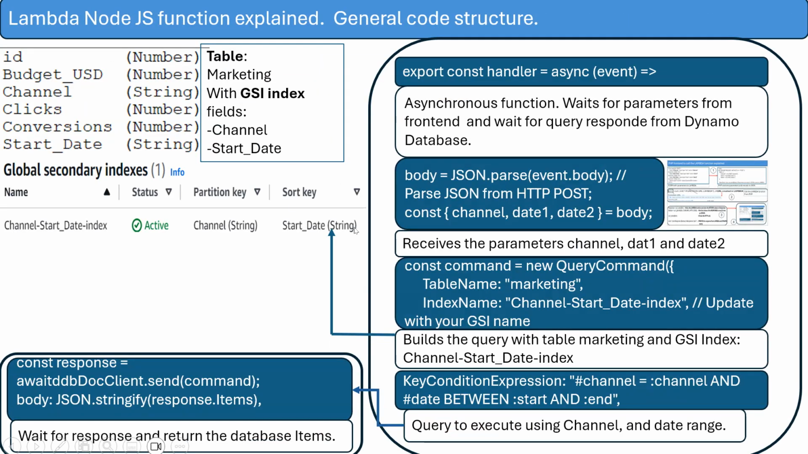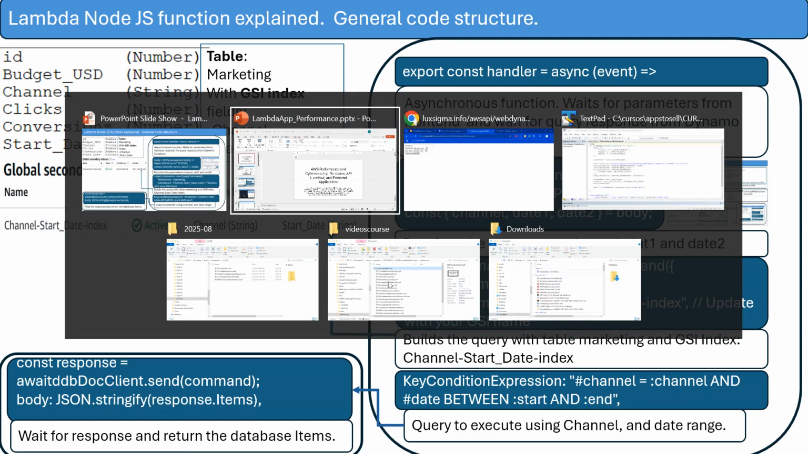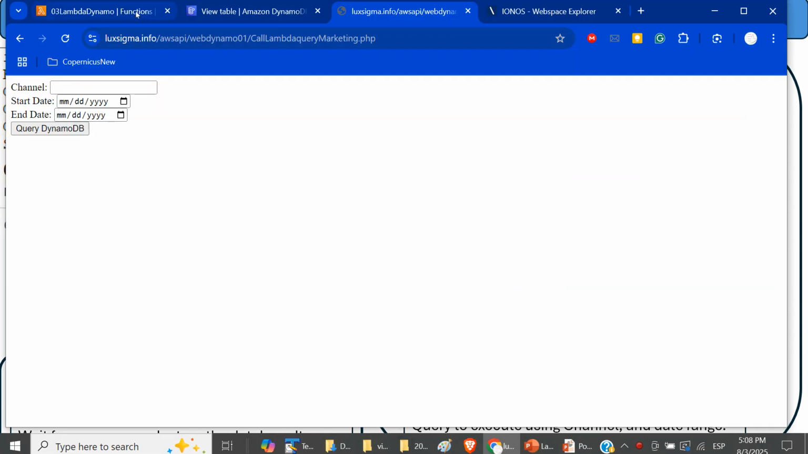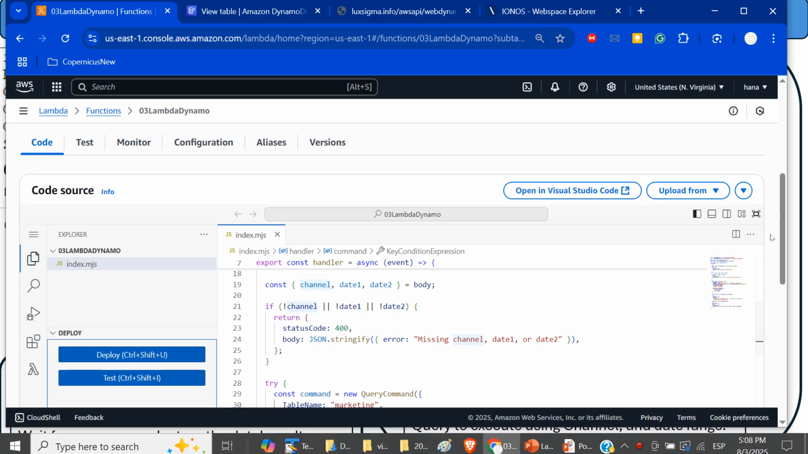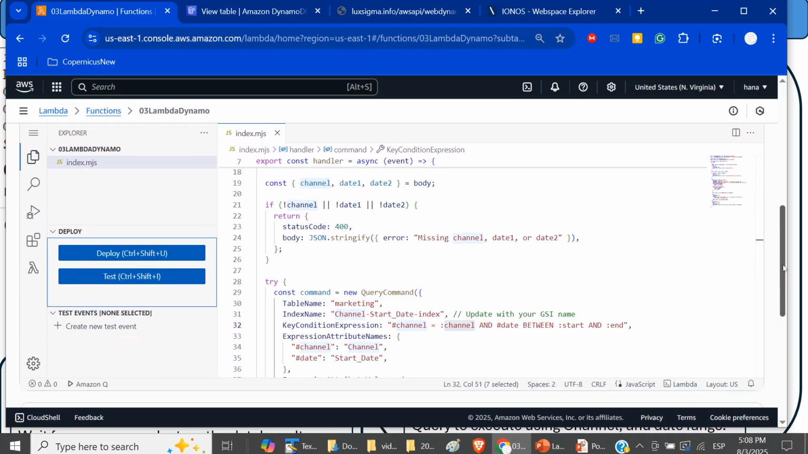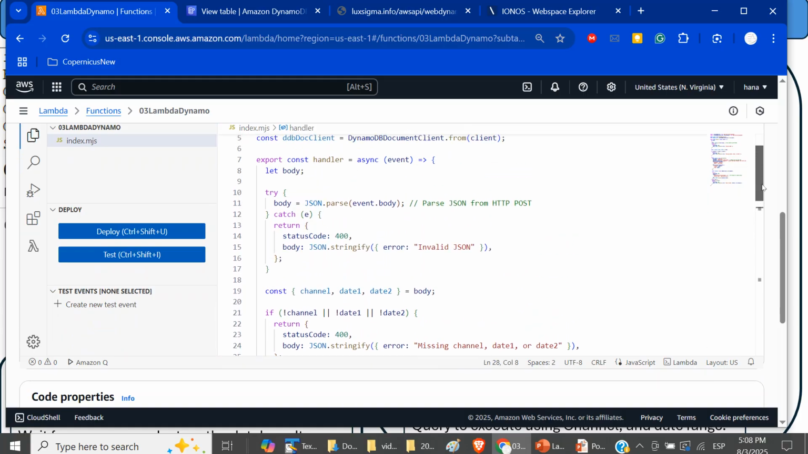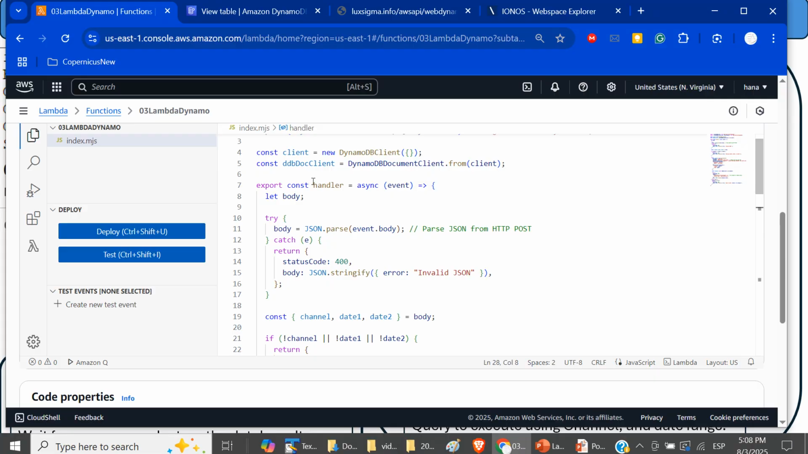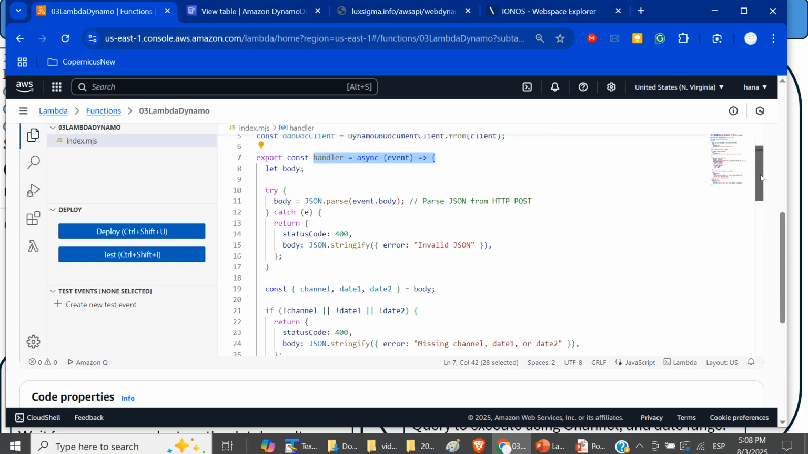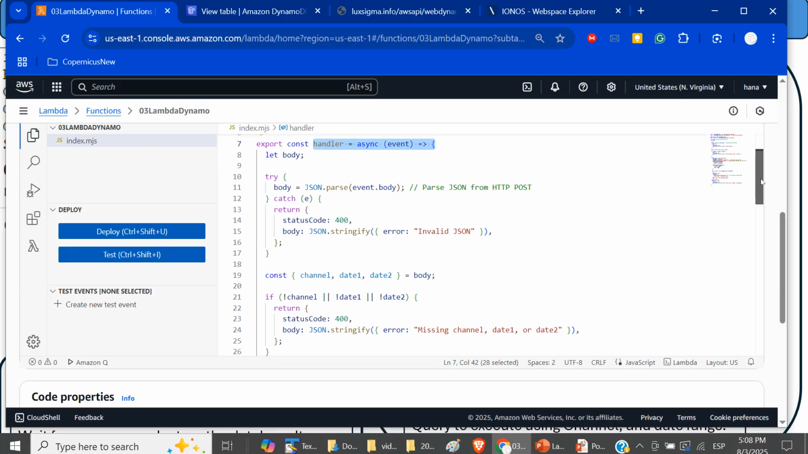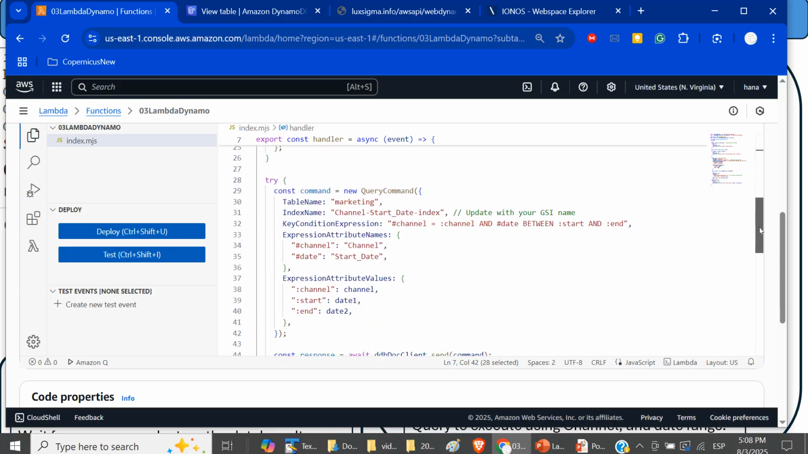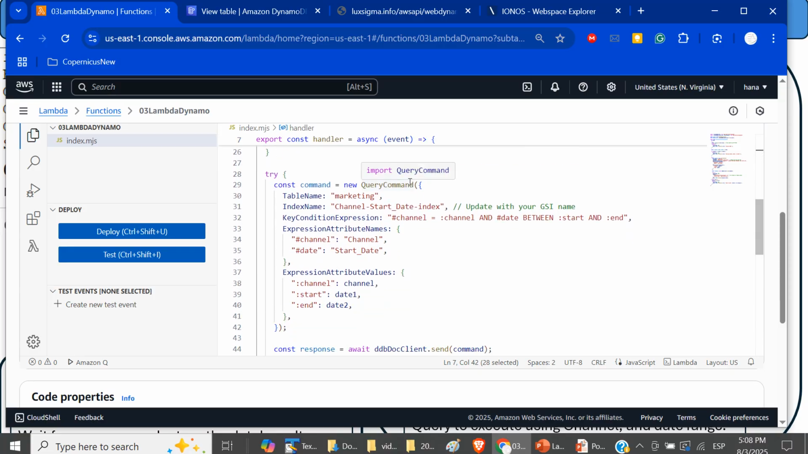This is the general structure of the solution that we are going to develop. This is the function that we have. We will define it in Lambda. We are going to explain step by step how we define this function as async, because it will be an asynchronous function. We'll wait for the parameters of the front end and wait for the response from the table